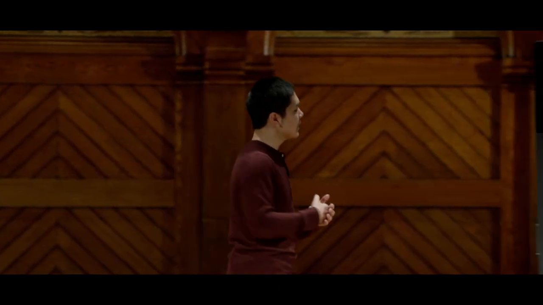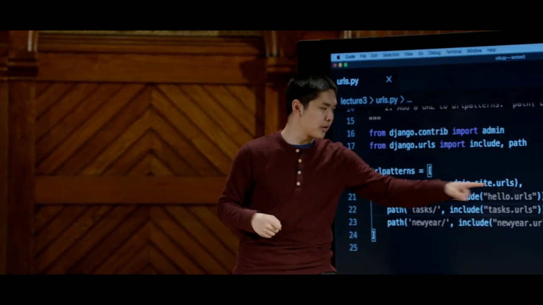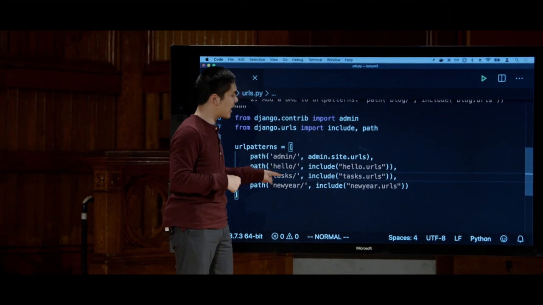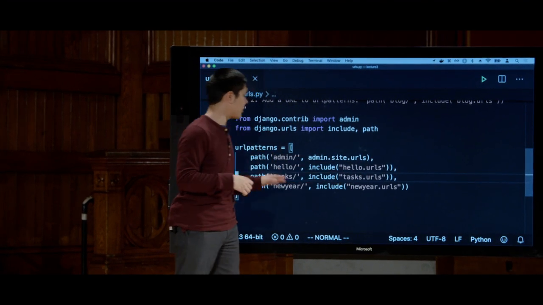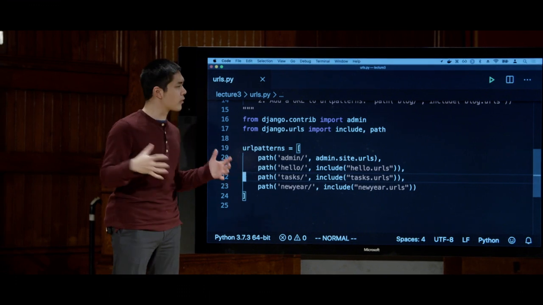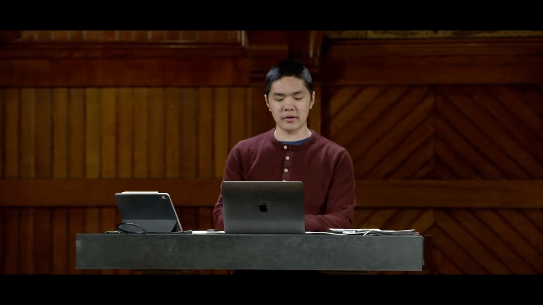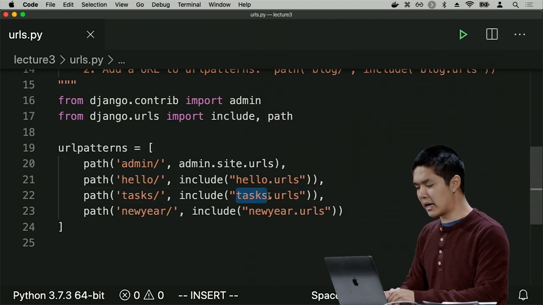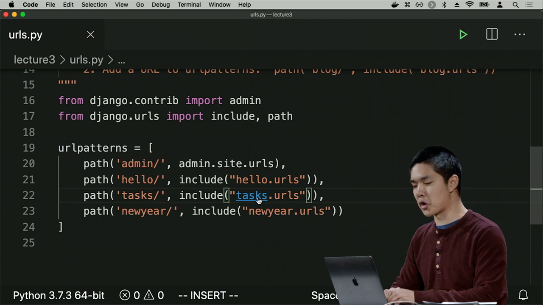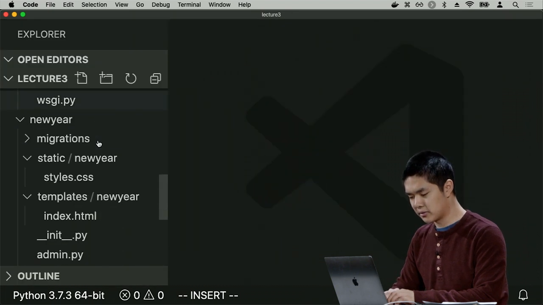This urls.py is, again, the table of contents for my entire web application, where if I visit /hello, then we go to the URLs for the hello app. If I go to /tasks, then I go to the URLs for the tasks app, so on and so forth. It tells me all of the different URLs that I now have access to. And as with before, the URLs file isn't created for me inside of my application. So I will need to go into the tasks directory